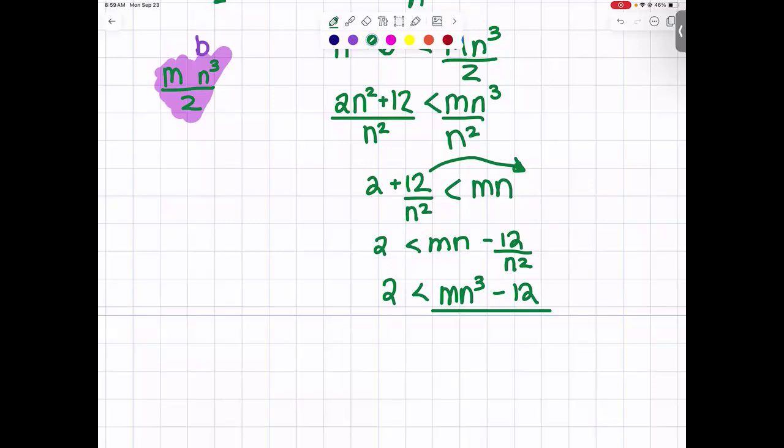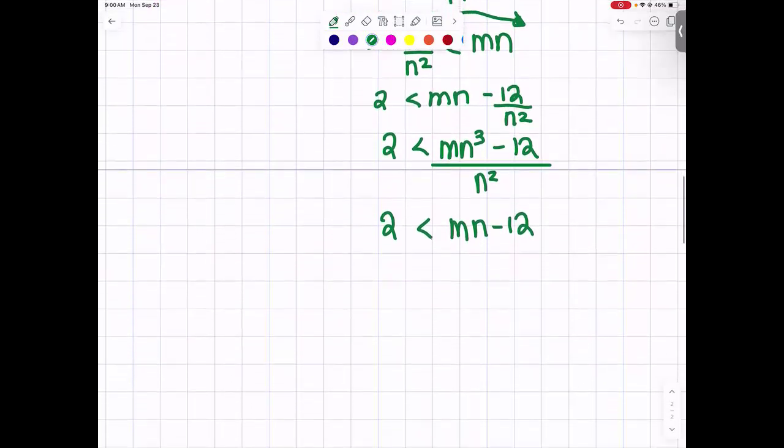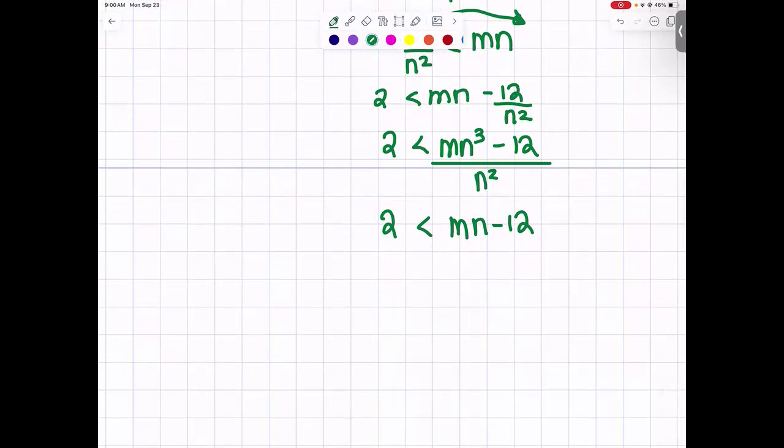over n squared. Is that how you do that? 2 less than mn minus 12. Move the 12 back over,